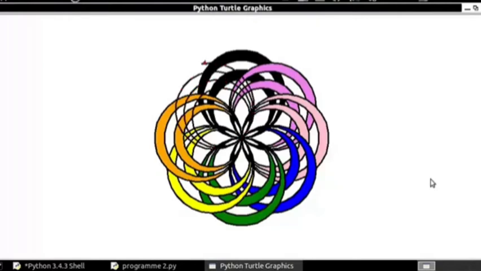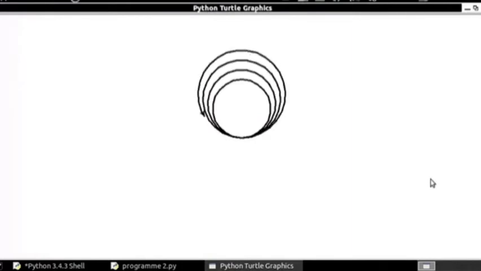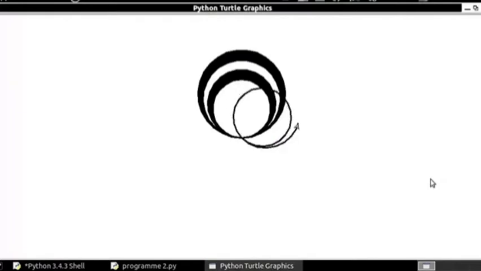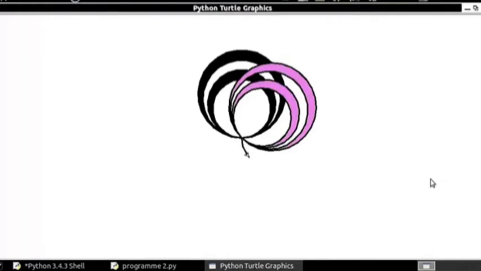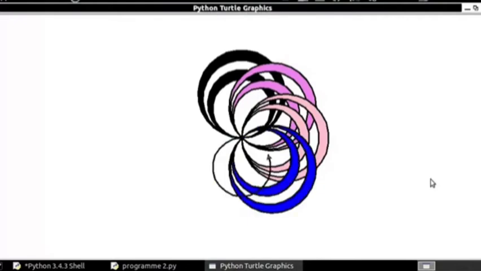We get different patterns. Okay. Observe the pattern. It's very interesting.